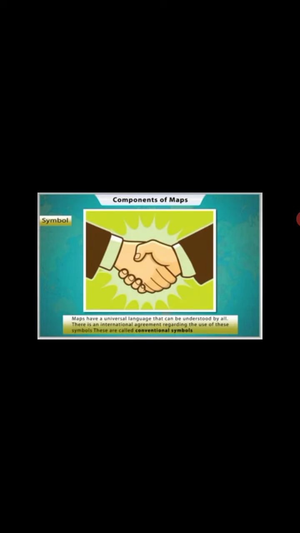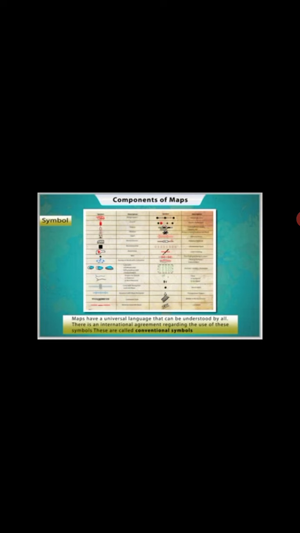Maps have a universal language that can be understood by all. There is an international agreement regarding the use of these symbols. These are called conventional symbols. Some of the conventional symbols are